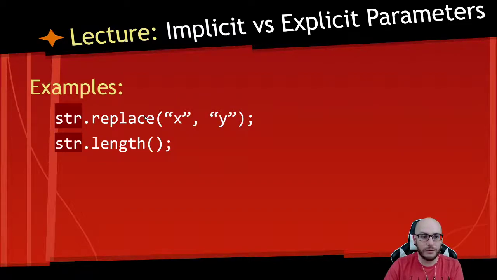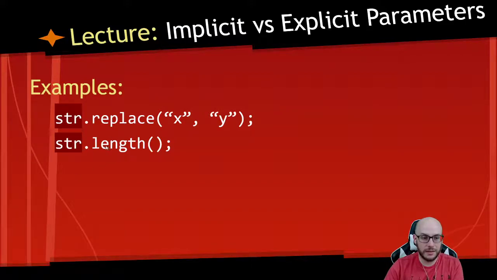Those are 3 different forms of input. We want to replace. Replace what? We want to replace x. With what? Y. In what? str. Okay? So those are the 3 inputs that are coming in order for it to perform its operation. And then they're all technically parameters. These guys that we know and love, that we're used to seeing as parameters, they are explicit parameters. Whereas this str, the object that is calling or invoking the method, this is an implicit parameter,